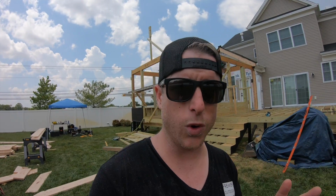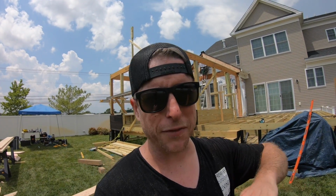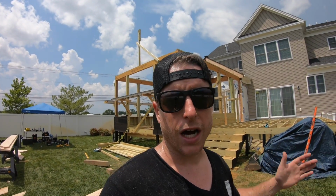Now we're on to part 2 where we'll be framing out this roof. So we have a pretty steep pitch on this. It's about a 9 pitch, which means for every 12 feet that it goes across, it goes up 9 feet. So it's gonna make for some challenging installation of some of this, but I'm gonna walk you through the whole